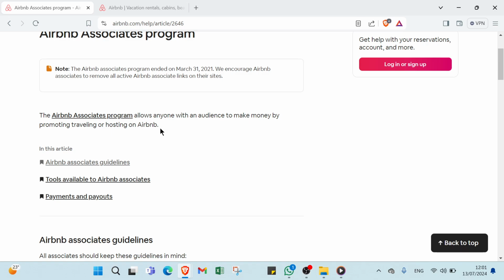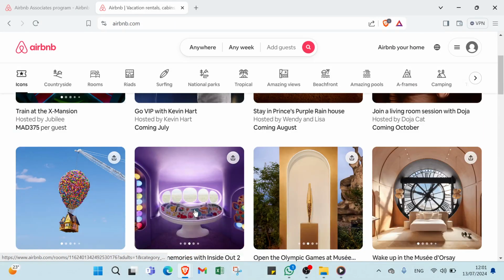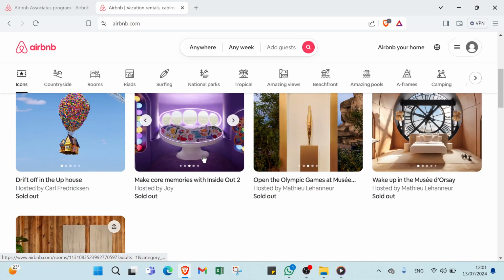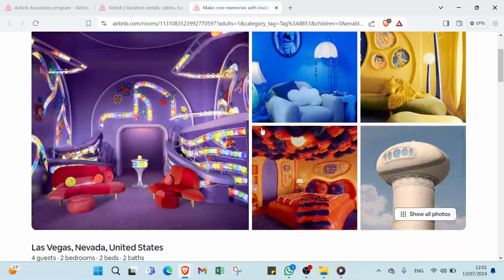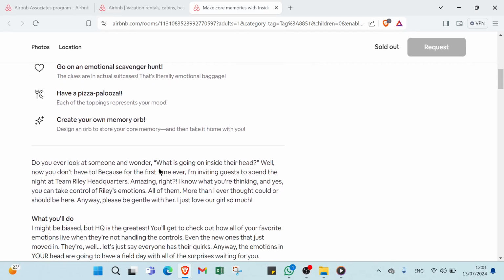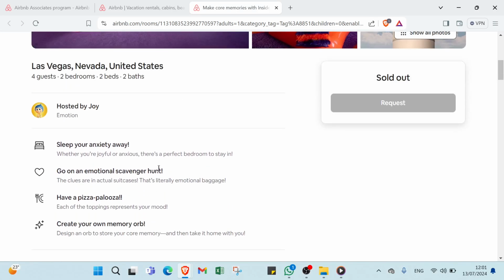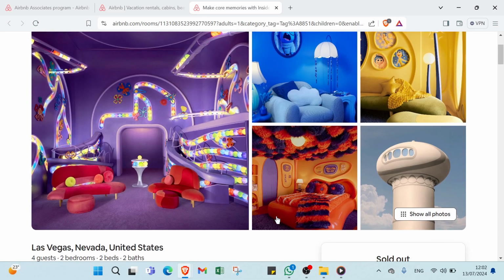To earn commission, all you have to do is come back to the website and choose one picture that you want to promote. Let's choose this one together. So here we have the details of the image and a lot of information that can help you guys. So this is how to earn commission, guys.